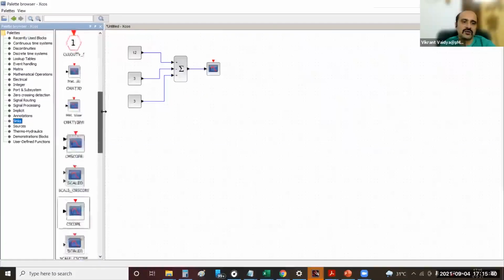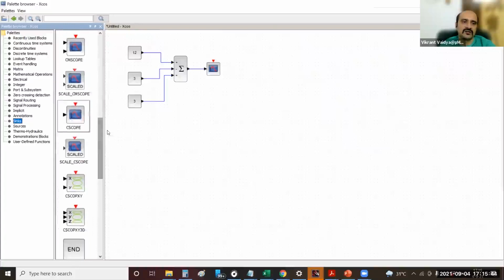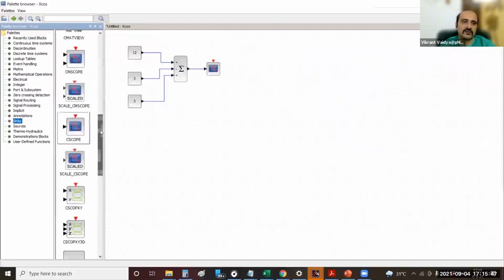You have to scroll down a bit, and probably halfway down, you will see cscope in the middle. So let us move on.